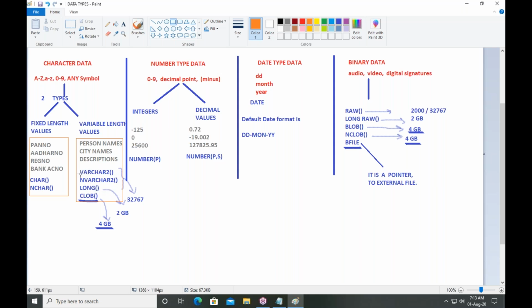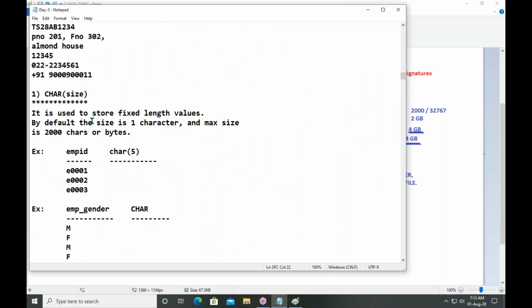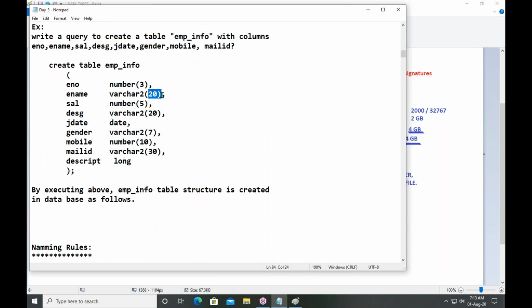And what is the maximum size of varchar2? 4000 bytes, up to 11G, 4000 bytes. Under each data type, you are writing the size also. So how much maximum size can I specify here?